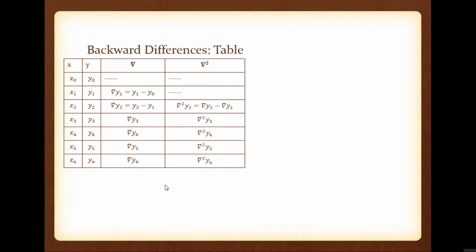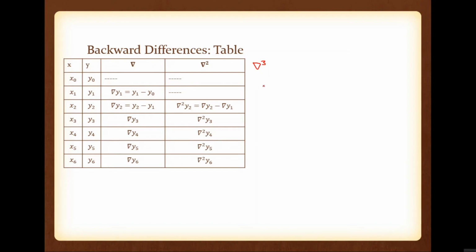So del square y6 is equal to del y6 minus del y5, etc. Del square y2 is equal to del y2 minus del y1. And the important thing is that the first 2 entries are absent. If it is square, the first 2 entries are absent. Okay. Now by using this data, we can find del cube.